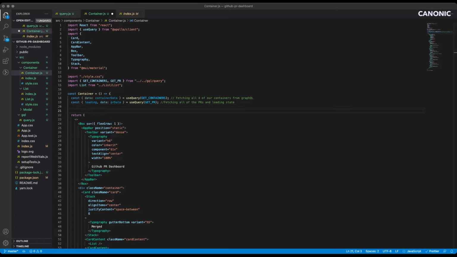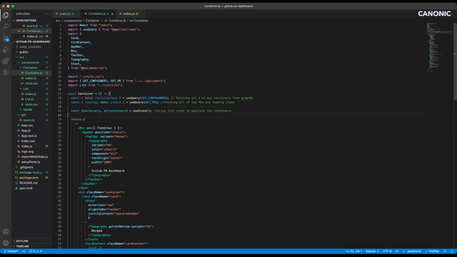We'll also create a state variable called containers that can hold all the containers that we fetch from the backend. All of the PRs that we fetch are going to be stored in this PR data variable.